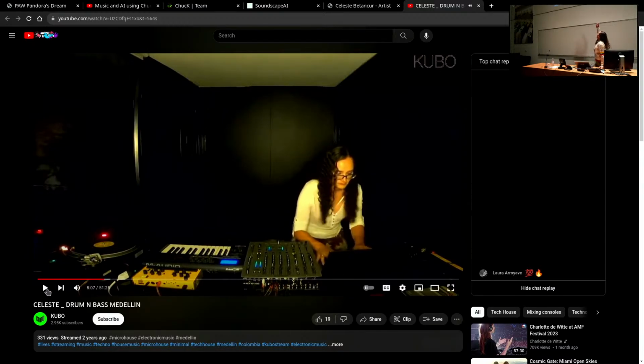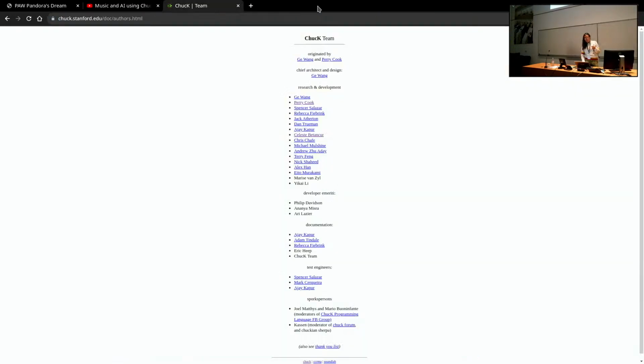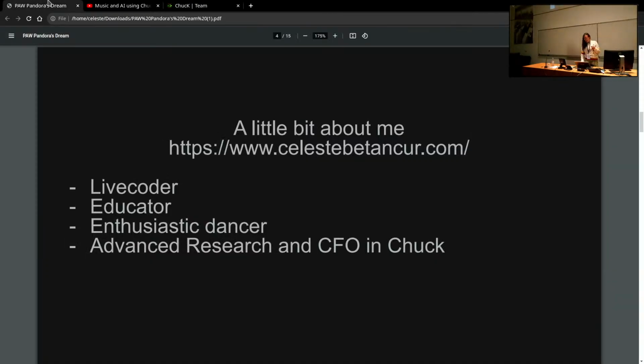In this case, you cannot see the code because the people who invited me to play this were not prepared. They were like, you're a DJ. And everyone thinks I'm a DJ. I'm not. I don't even know how to use a DJ unit. I was coding in ChucK on that computer that you see there. So they were like, we don't even know what that is, so we're not going to project the code. But most of the time, I project my code. That's live coding. That's my web page, if someone wants to see more of what I do. And okay,